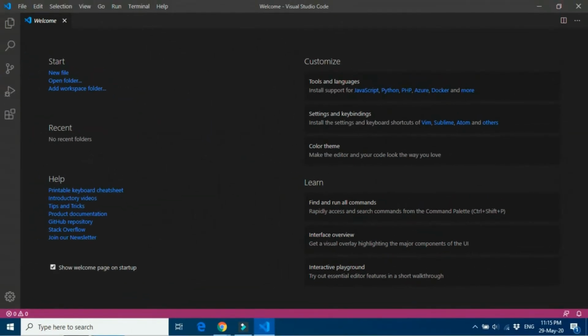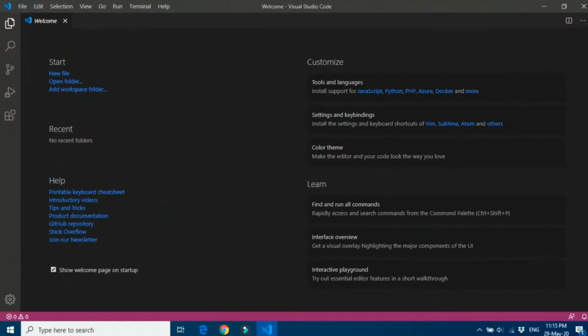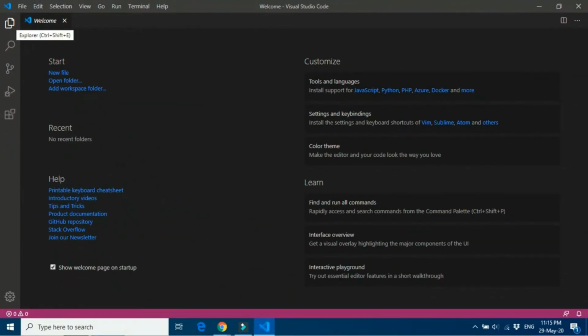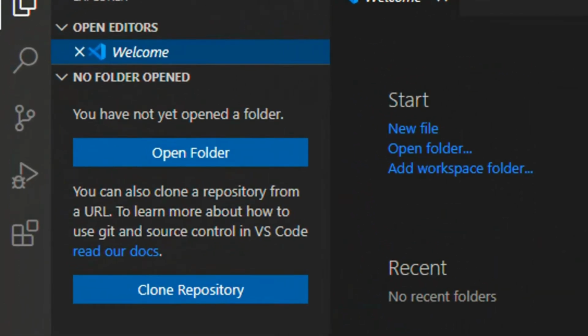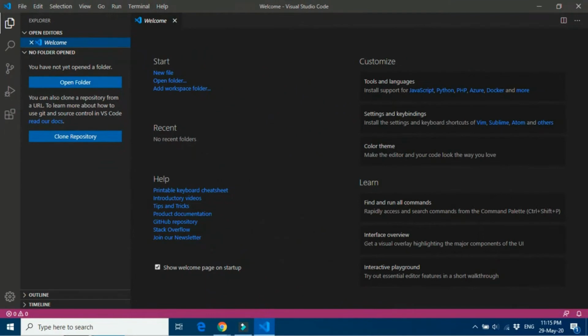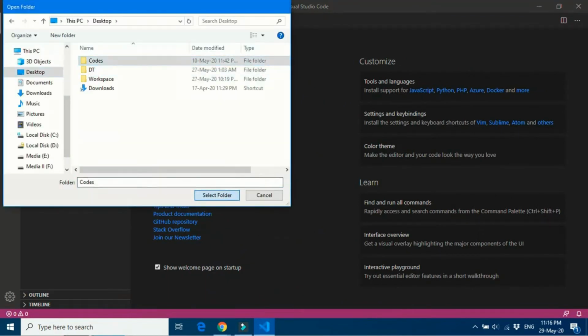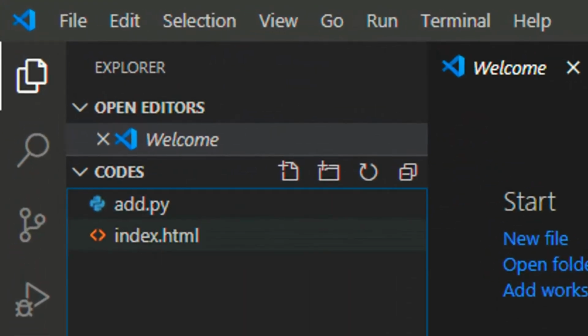Now I will open my working folder by clicking on the file icon, which is available on the right top corner. You can see that I can also clone my repository in VS Code as well. We will discuss using GitHub in depth in upcoming videos. Now I will select my working folder where I put my codes. VS Code opens Explorer mode where I can access all my files in one click.